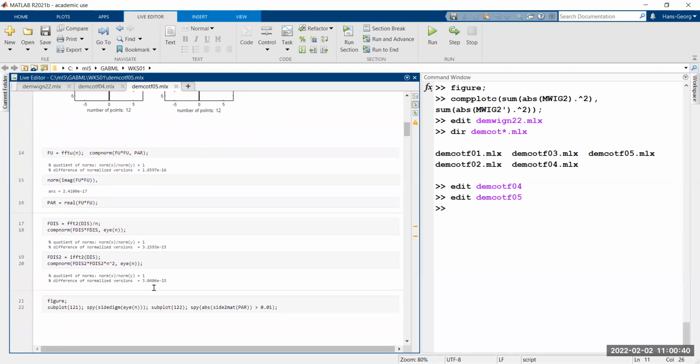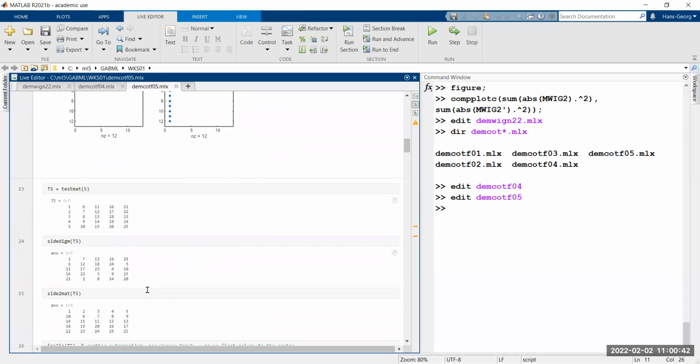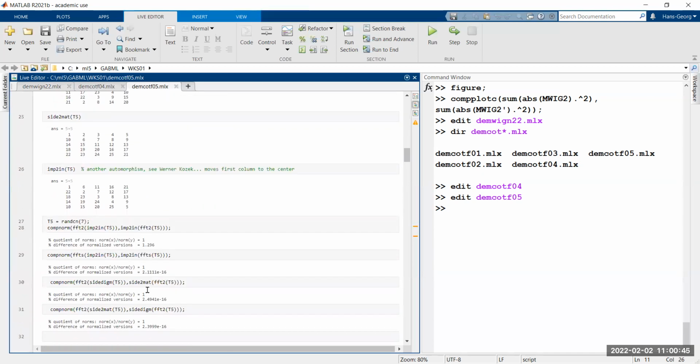And I was doing some other experiments. Well, that's kind of the same thing that we had before. Yeah, here I just recall that I have now